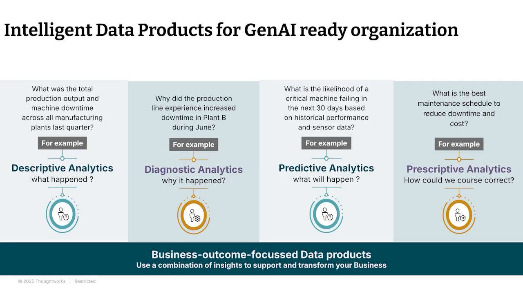So a data product, in its most simple form, could take shape of a report. A report that is answering very basic questions, like, what does my production output from last quarter look like? How much downtime did I see on my production lines? So what I'm trying to answer here is what happened. I'm descriptive. Throw in a bunch of transformations, and you could be answering the why. Go diagnostic. You could be answering why a particular production line had more downtime as compared to the others.